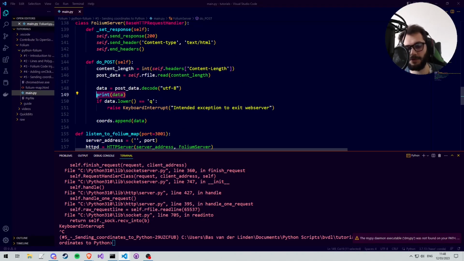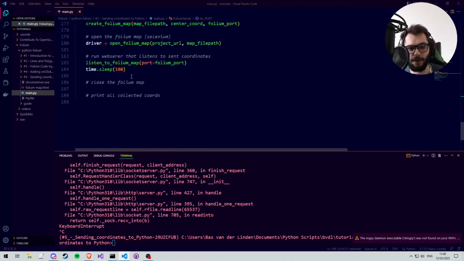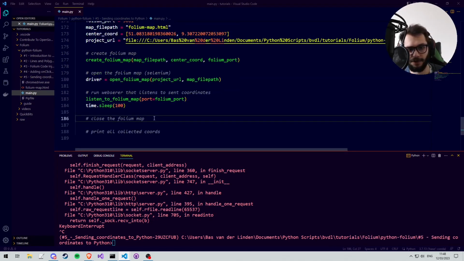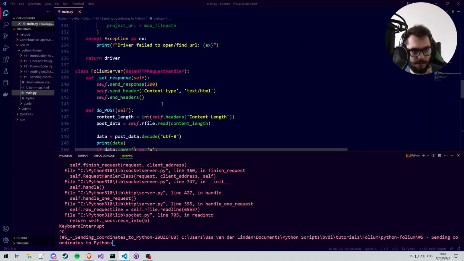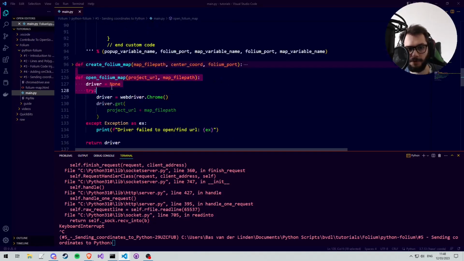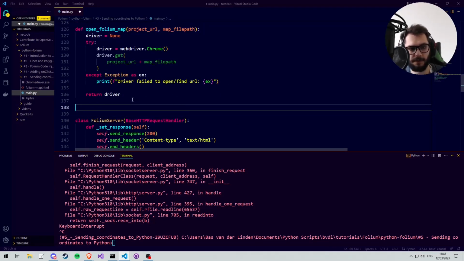And yeah, we're going to print it. We're going to keep the print so you can just see when data is received. And furthermore, we're going to add some final code to actually cleanly close the folium map, as well as handle the collected coordinates for some reason. So let's create a function to close the folium map, right? So we have the open folium map. Let's right below it create a function called close